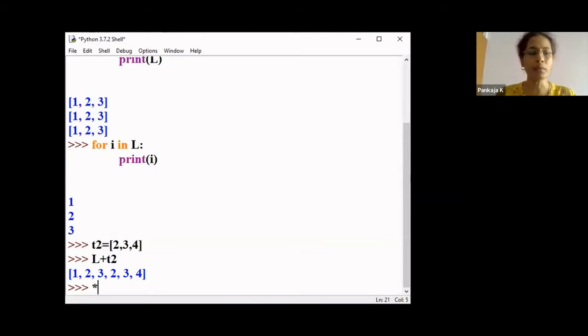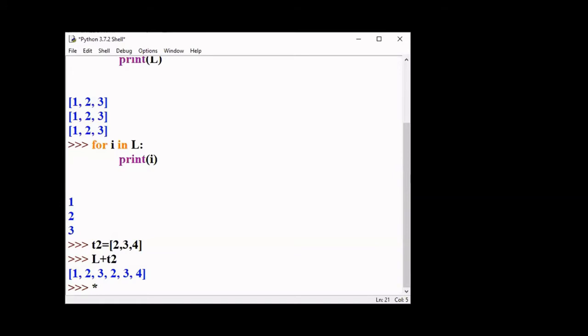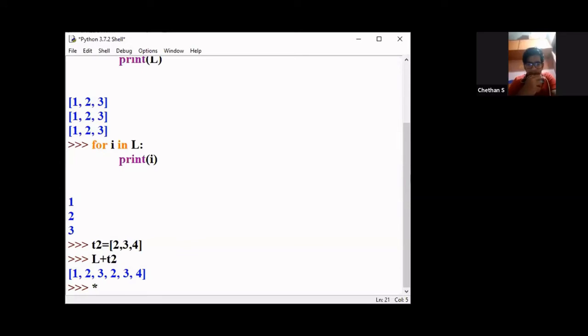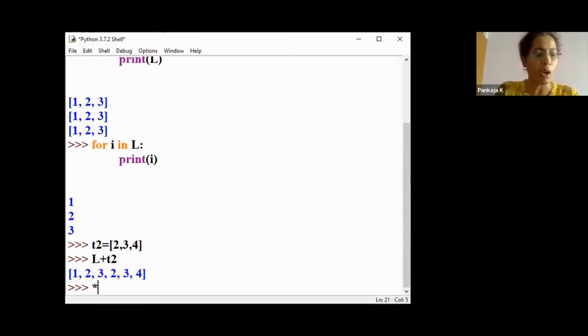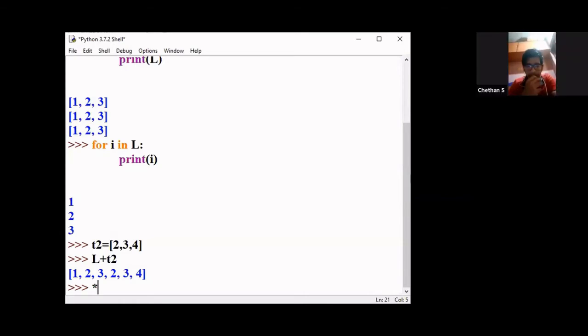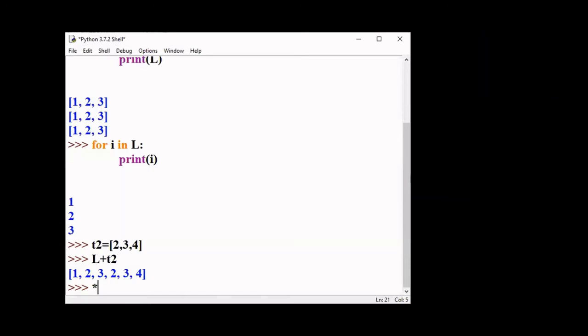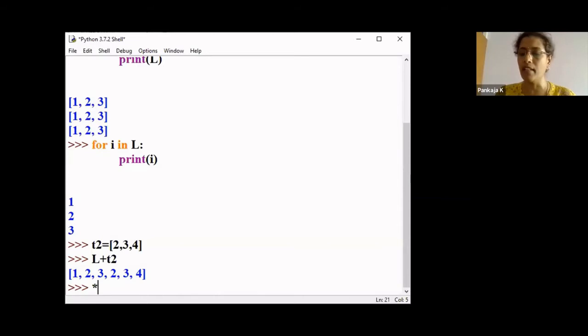The difference between append and extend, right? What does append do? Append adds the element at the end of the list. What does extend do? It iterates the elements one by one and adds them to the list. Yes, exactly. It will iterate over the argument whatever we have passed, and then add its elements to the list. Now, what is the difference between lists and strings, how are they related to each other?